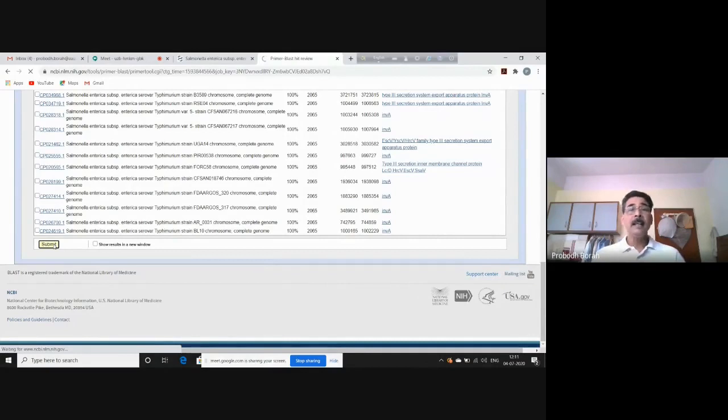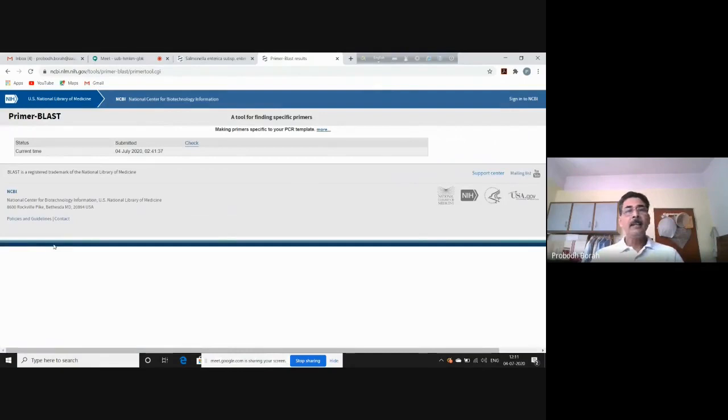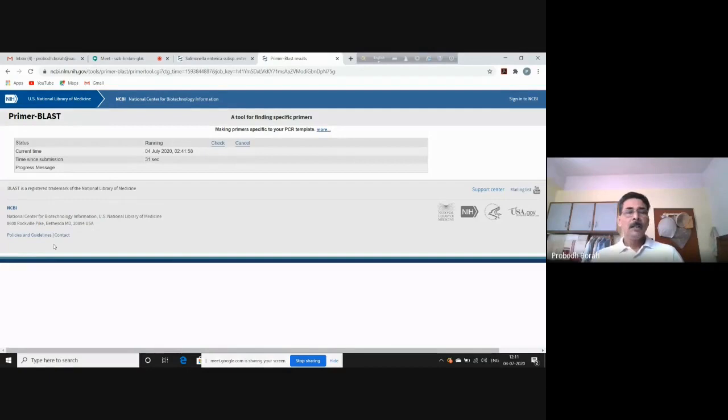But as I said, the ideal procedure will be to select all and then specifically design the primers which can identify any one of the sequences present in the database, so that its sensitivity is higher. Now again, depending upon the speed of connectivity, it will take variable time. Every few seconds, the system will automatically get refreshed.